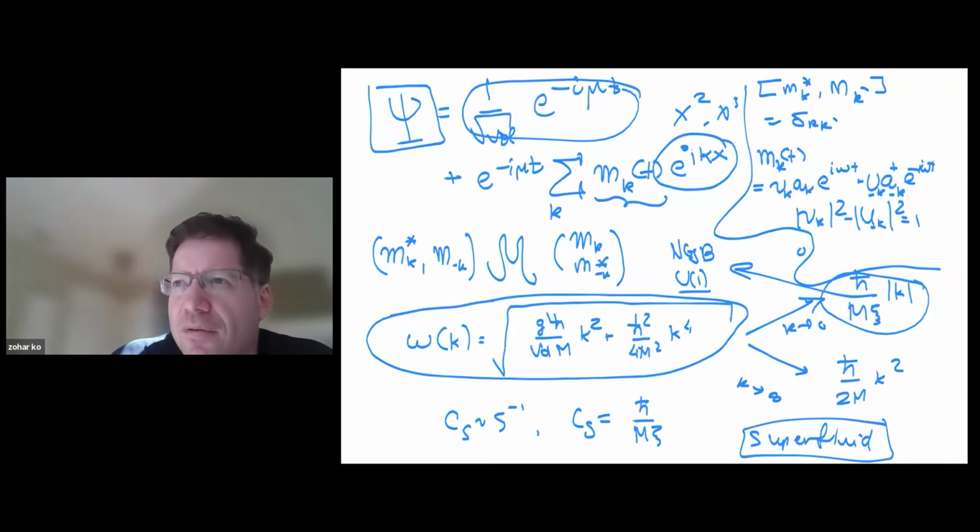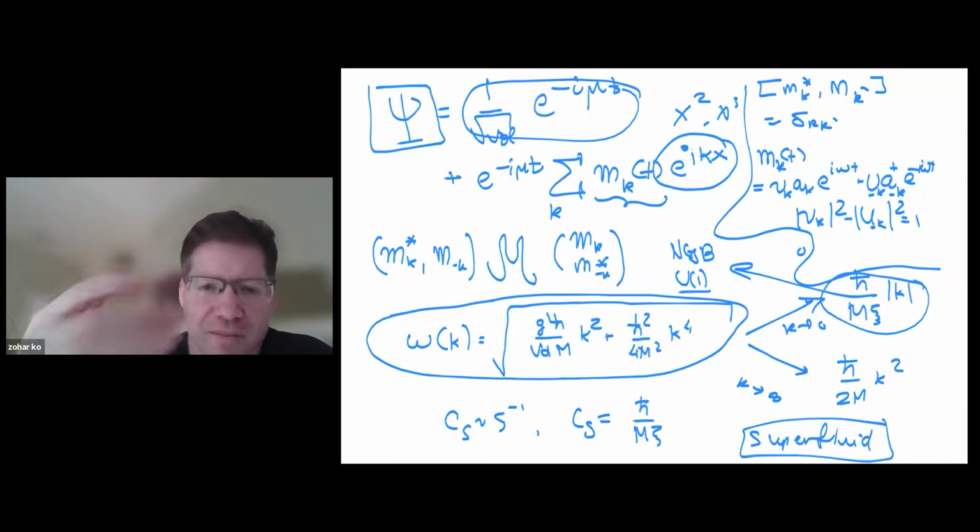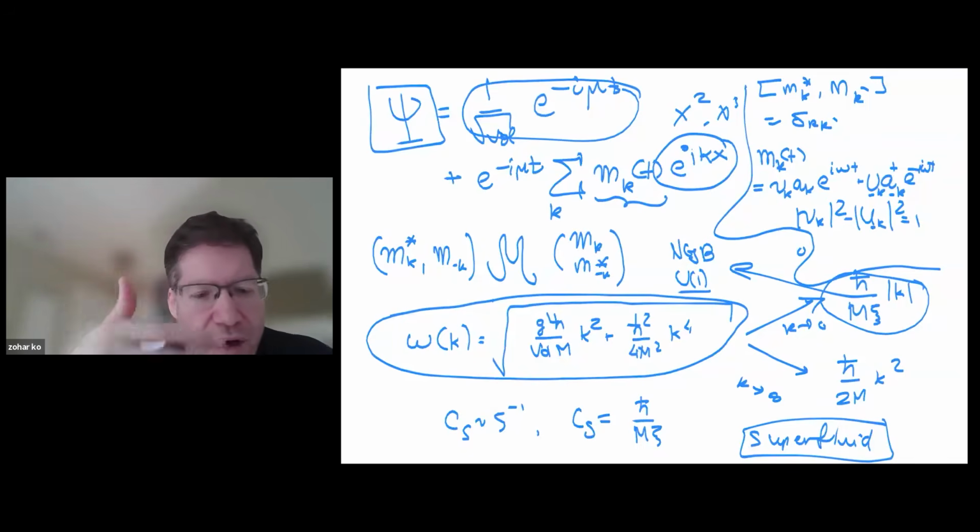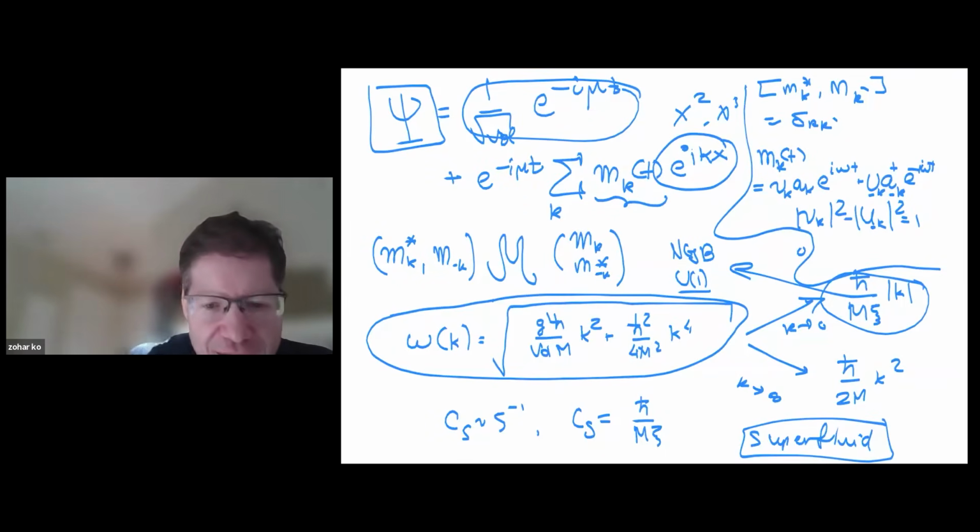So it's extremely dilute. In real life, the gases which seem to obey the equations I showed you are in practice with a small density and very short range interaction. In principle, this formalism applies also if the density is kind of large, as long as the healing length is fixed. So the formalism doesn't break down in any way. As long as the healing length is fixed in the large N limit, the formalism makes sense.